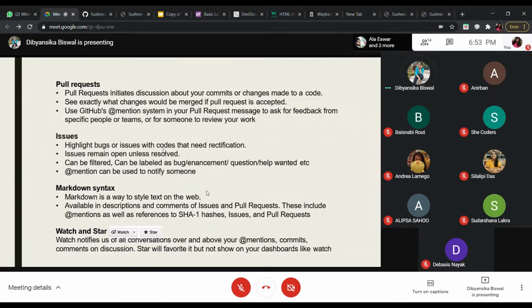A pull request, you can say, initiates the discussion about your comments or the changes made to a code, and you can see exactly what changes could be merged if the pull request is accepted. So if you're the owner of certain code, then people who want certain things changed will give you a pull request, and you can review those pull requests. If you like those changes, then you can merge them with your original code, and both the person who put the pull request and the person who is merging it will be considered contributors